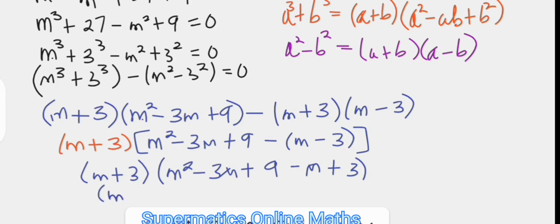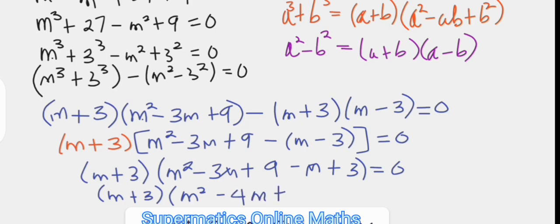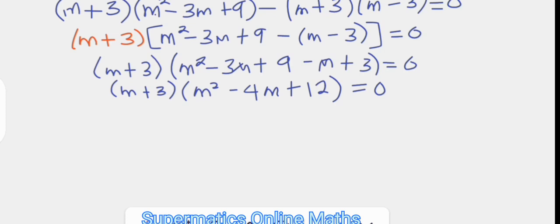And that is m plus 3 multiplying m squared minus 3m minus m becomes minus 4m plus 12. That's the sum of 9 and 3. That's equal to 0. By the zero product property, m plus 3 equals 0 in the first situation,